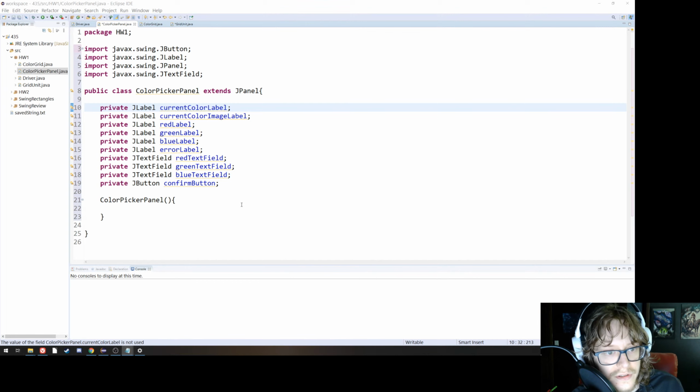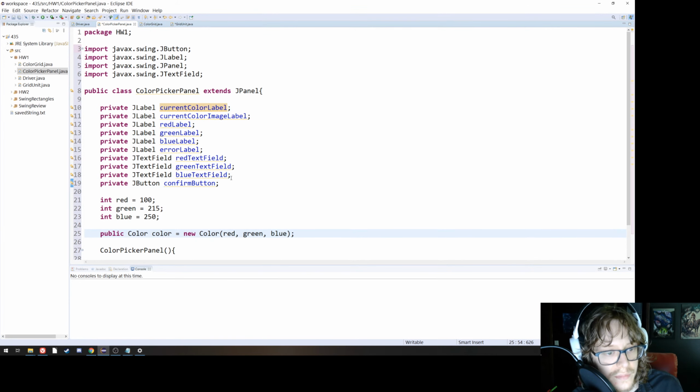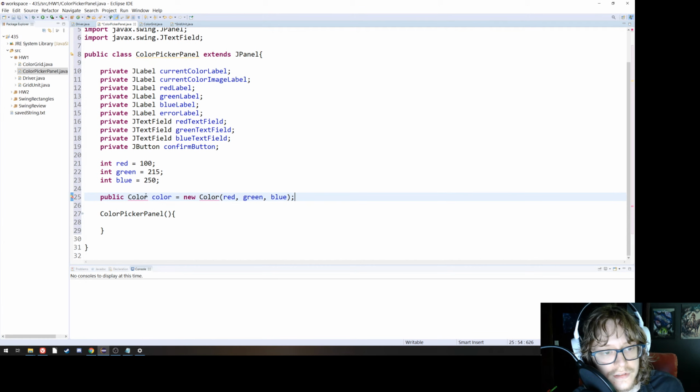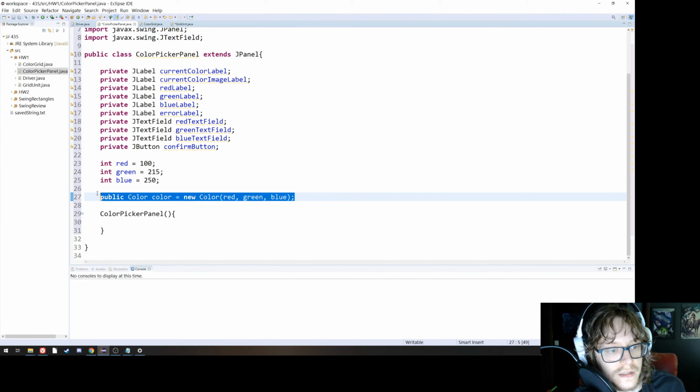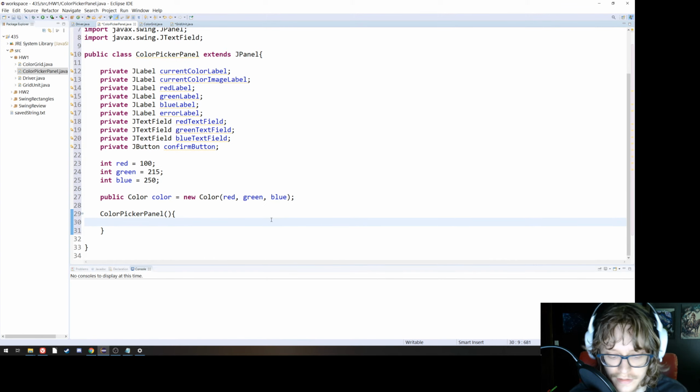Okay, and I'm also going to need globals for the color value. So some people just use the color variable. Some people had red, green, and blue. I'll just split the difference. I'll have both. I'll have red, green, and blue, and a color value. And this color is going to be the thing that we're going to need to get over to the other panel somehow. So we need to start thinking about how we're going to get this over to our instance of